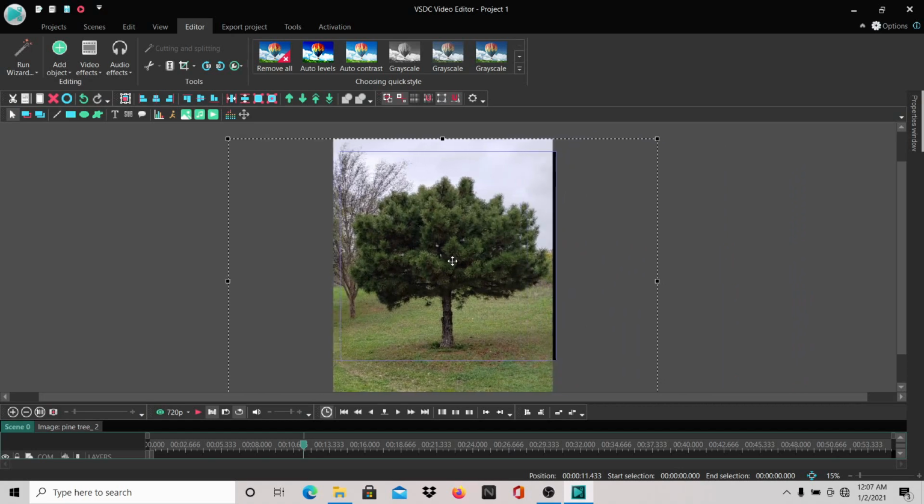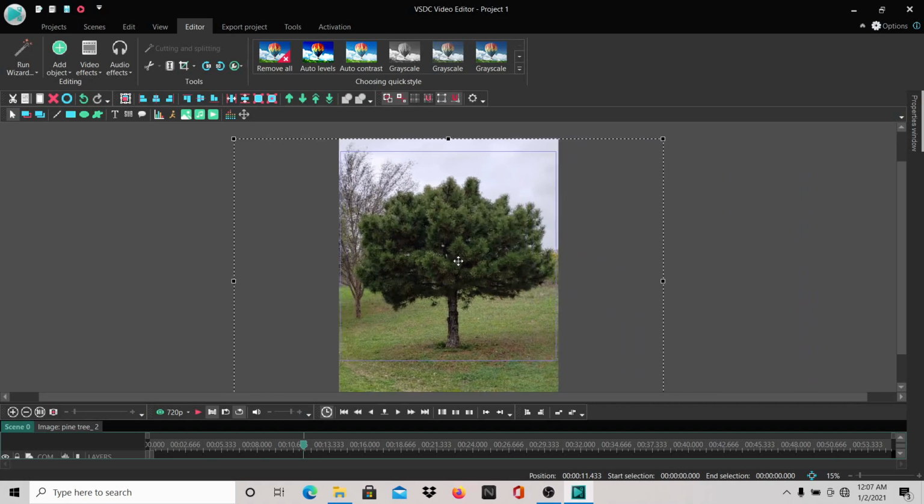So have that on, and you can place your stuff in there, and you can see whether you have it in there. Because if it's not in the picture, it's not going to be in your final project, if it's not within that border. So that's one way of doing it. But there's also another way of doing it, and